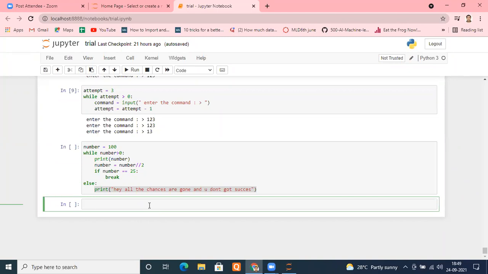If he succeeds in the first attempt, I don't have to ask him again to enter the password, because he has succeeded in the first attempt only. But if he didn't succeed, I have to give him 2 more chances, so in total 3 chances. But if he fails in all 3 attempts, then we have to print the message: you failed in all 3 attempts, please try some other day. Now the task is clear.